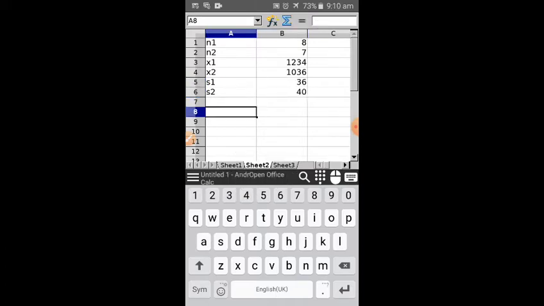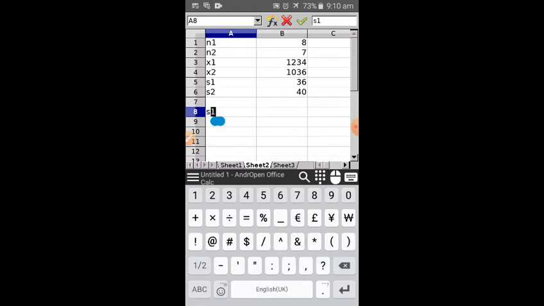Now we need the calculation of s square, that is, s cap 2. Let me do it in a single formula. Earlier I did it in a numerator and denominator part. So it is n1 minus 1, which is 8 minus 1, 7, into s1 square. Be careful whether s1 is given or s2 is given. Here the standard deviation is given; sometimes variance can also be given. Then into n2 minus 1, n2 is 7, so 6 into s2 square, which is 40 cap 2.